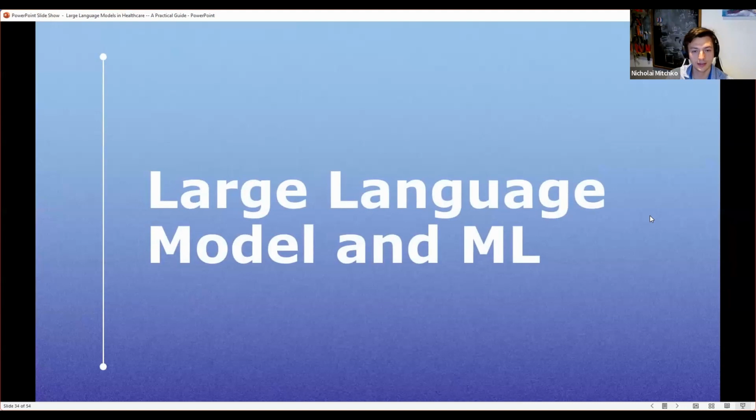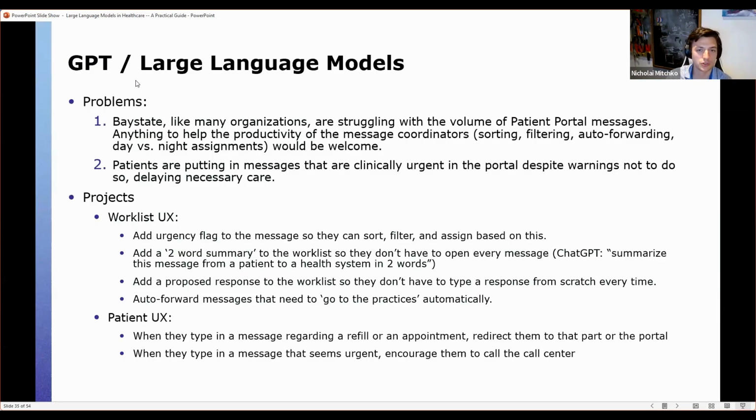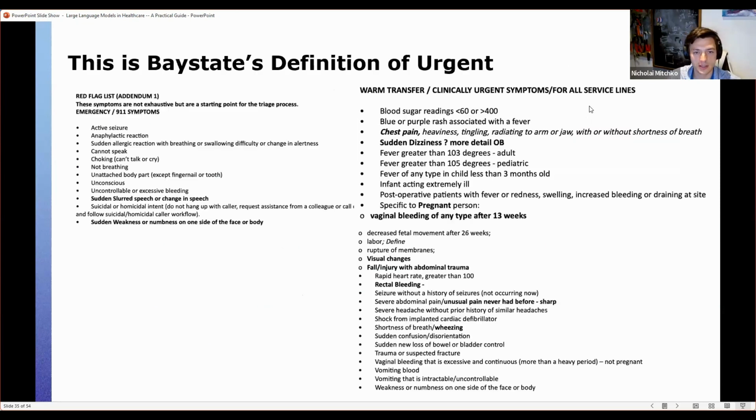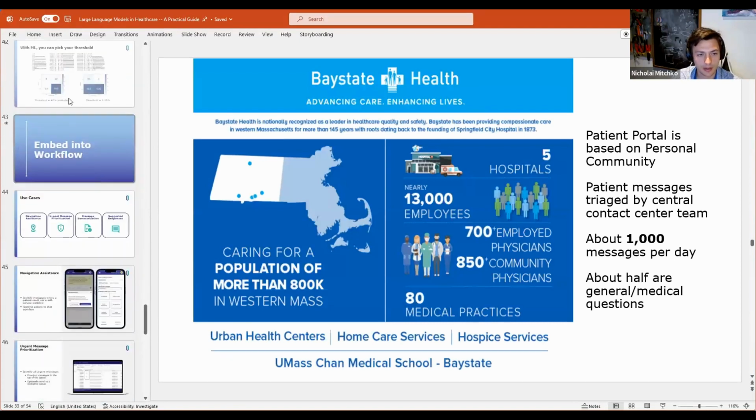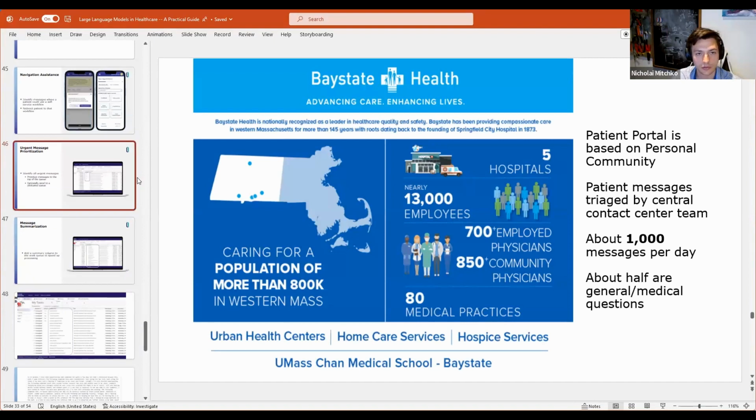The idea is that you would use large language models, whether it's GPT or some other large language model architecture, and you would add an urgency flag to the message and be able to sort on this. You can also add a 2-word summary so that doctors don't have to read through an entire message just to get the gist of what someone is asking. Baystate had this whole clinical definition of urgent that you could try to write through and create a rule-based model. But with AI, what we found out, and I'll just jump to the results slide here,